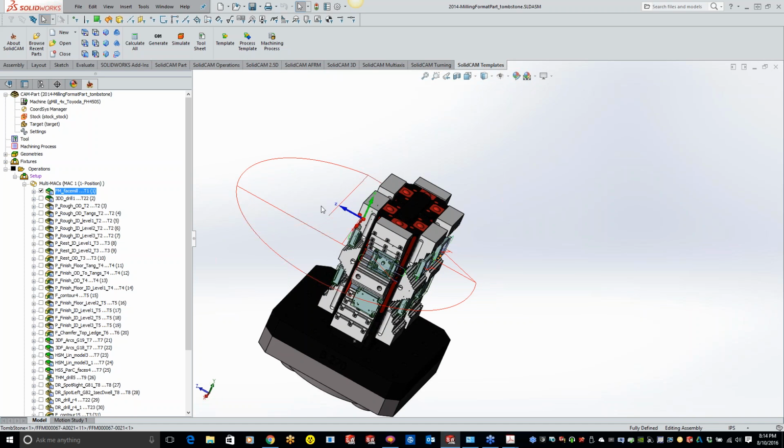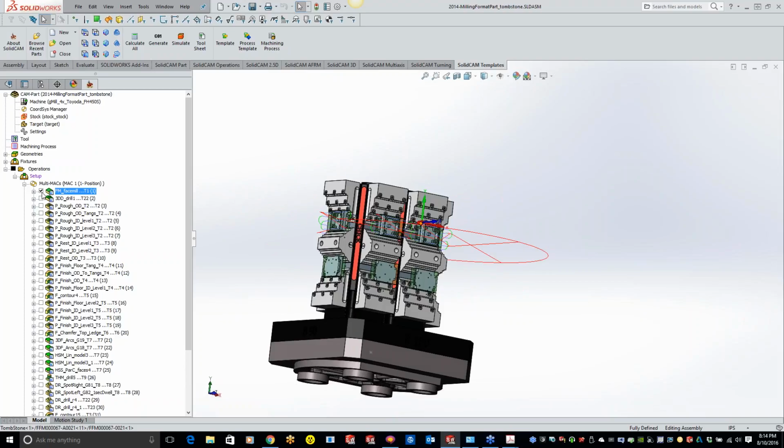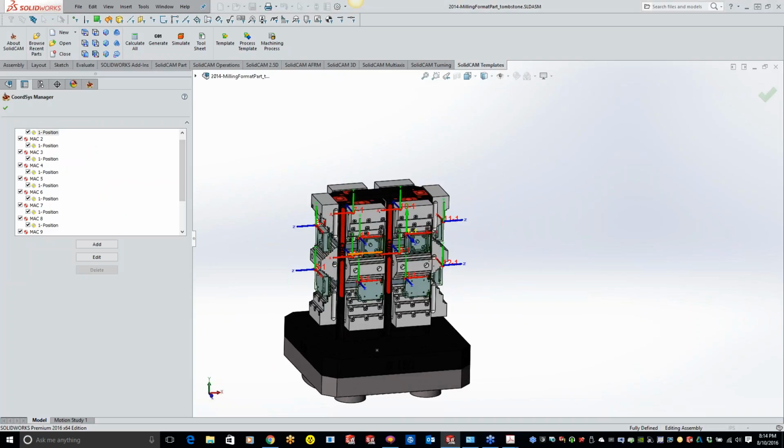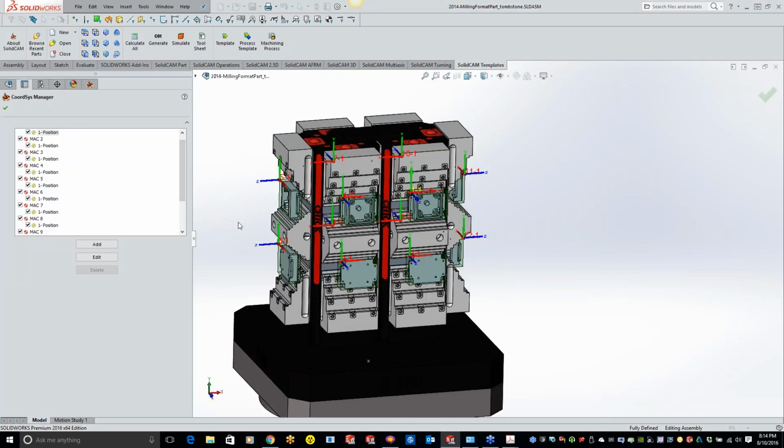Now, depending on how your post-processor is set up, John, let me hide that, and let's open up my CoordSys manager for you. And you'll see all my different coordinate systems on there. The rule of thumb when you're using a CoordSys is you use Macs for different, basically G55, 56, 57, for different fixture kind of stuff. Now you use different positions within that fixture if it's fourth axis.